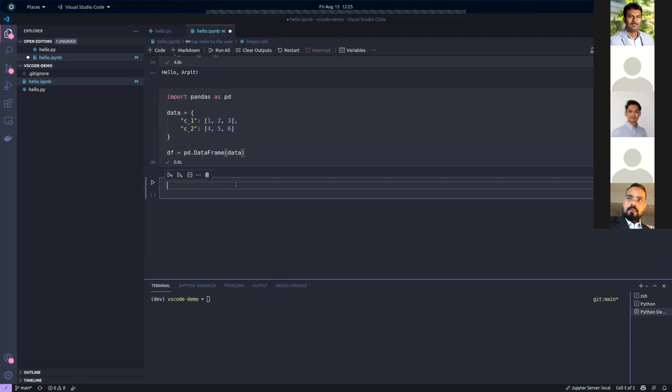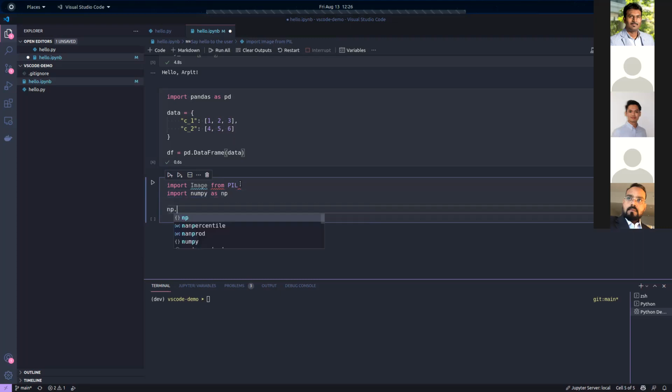Yeah. So for example, let's say I'll just create an image over it. A common image library in Python is the PIL library, Pillow. So I'll just import Image from here, and I'll create a random image for now. Mostly when you'll be working with images, you'll be working with them as NumPy arrays. So I'll just import NumPy as well, and create a random image.